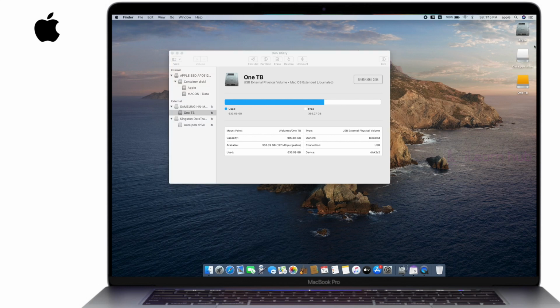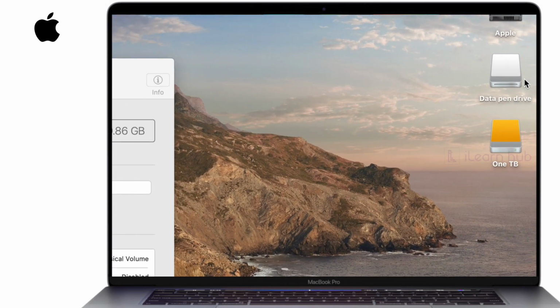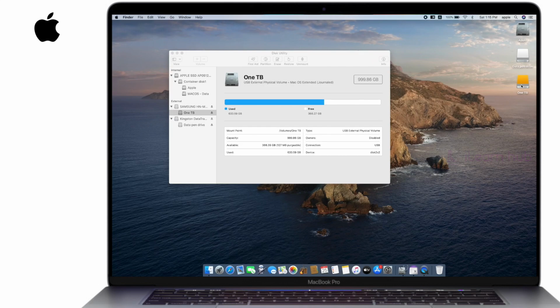There is a difference between a pen drive and an external hard drive. A pen drive will always be shown in white color, and any other external hard drive, whether it is an SSD or an HDD or anything else, will be shown as an orange color hard drive. So white is for pen drive and orange for the hard drive.